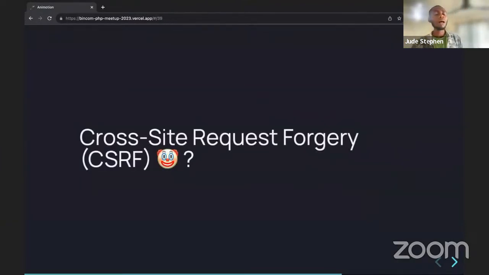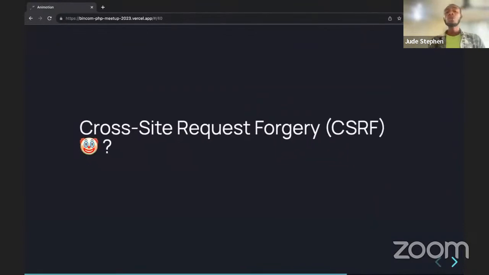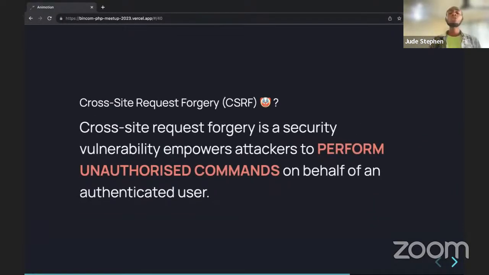So let's talk about cross-site request forgery. It is almost the same thing as XSS. The only difference is that this attack is targeted at users that have already logged into the web application they are using. Then this attacker tries to perform unauthorized commands and requests on behalf of this user. This usually happens when somebody tries to delete your account as if it was you.